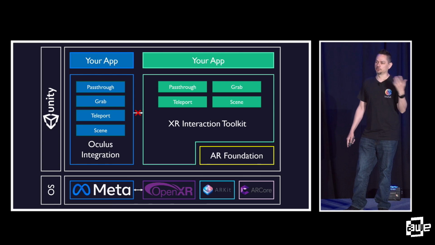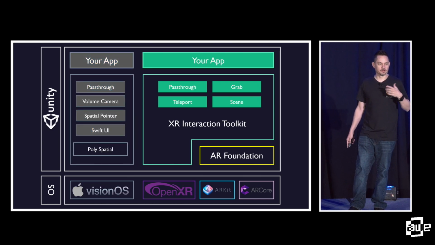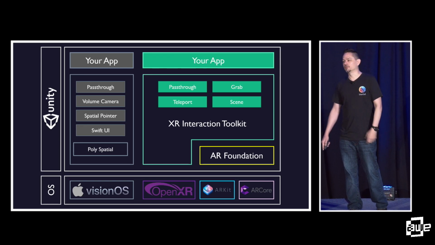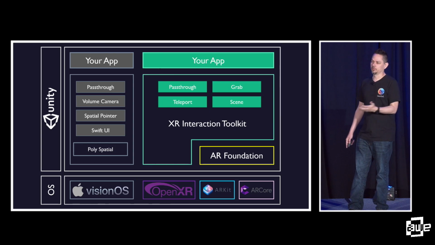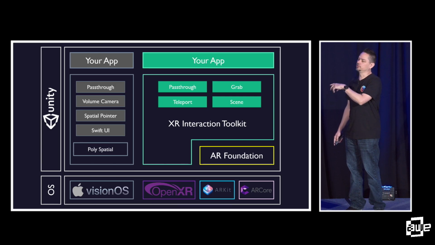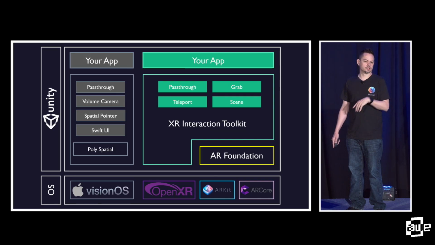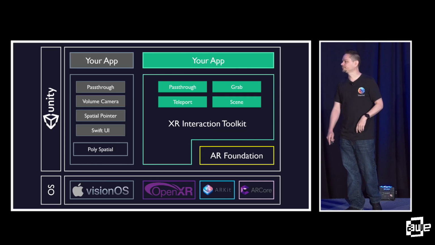And Meta's not the only one guilty of doing this. There's this little company called Apple that has done exactly the same thing. And obviously it makes sense. They don't want to have their device or their SDK stuck waiting on a third party to develop their SDK. But Apple has done some very different things in their SDK that aren't currently available, or aren't easily available. They've added SwiftUI. Volume camera is different than what's in XRI. So there are some very interesting things in what Apple's doing.